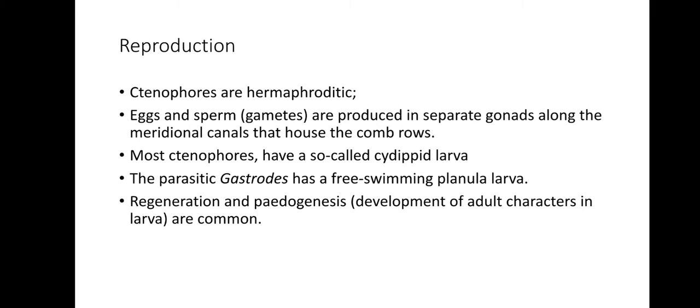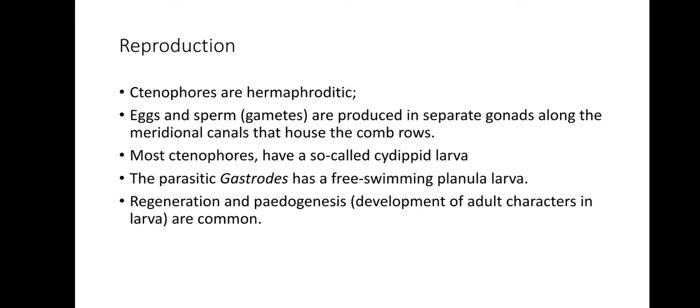Hermaphrodite is a condition where both male and female sexual organs are present in the same individual. If both organs are present in the same individual, you call it a hermaphroditic individual, and Ctenophorans are hermaphroditic in nature. Here the eggs and sperms are produced by separate gonads. Eggs are produced in one type of gonad,